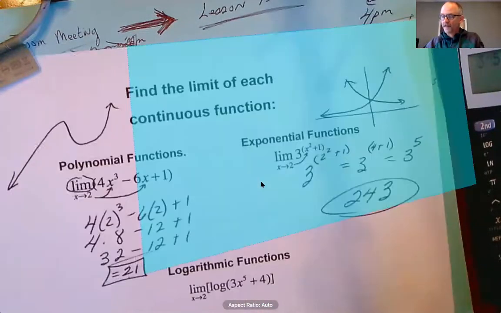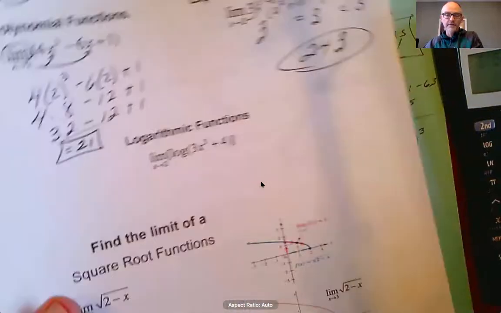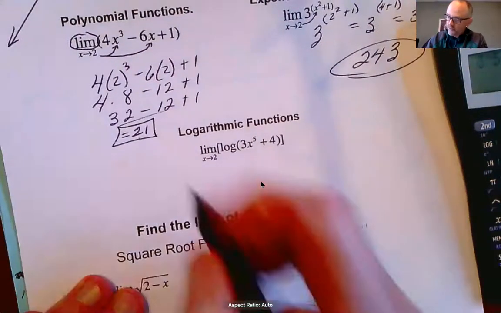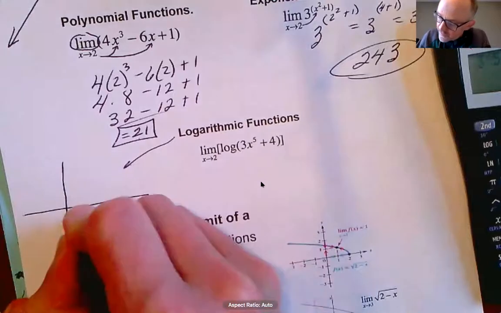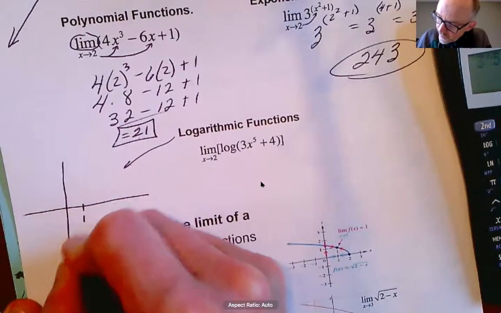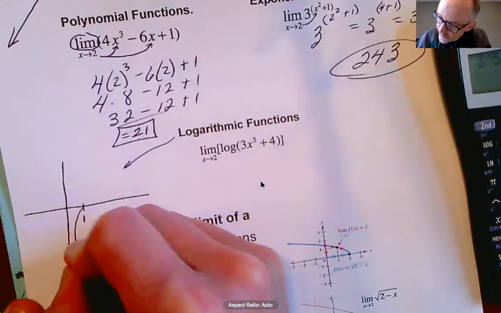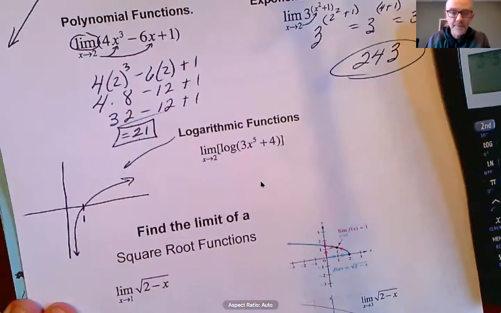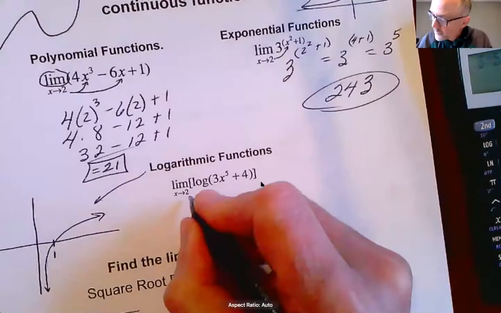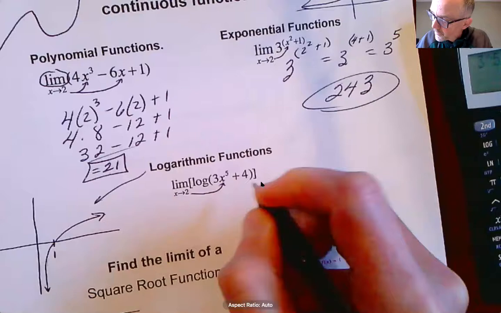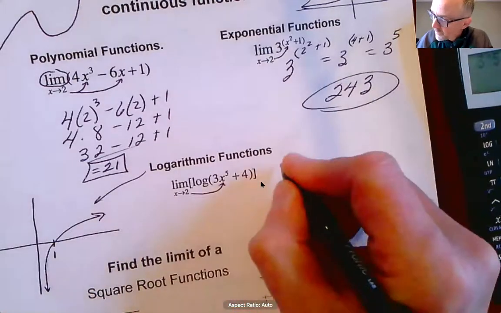Okay, next up, a log function. Log functions, you might not remember this either. Let's try it. Log functions were like this. They always crossed at 1, and they went this way downward and this way outward. But notice it's continuous. All right, so if you put the 2 in here, what happens? So it'd be the log of